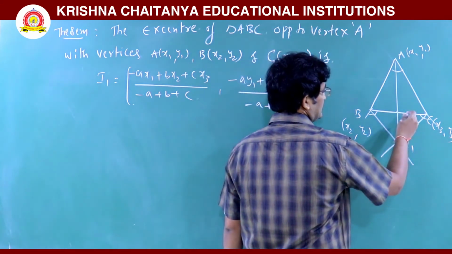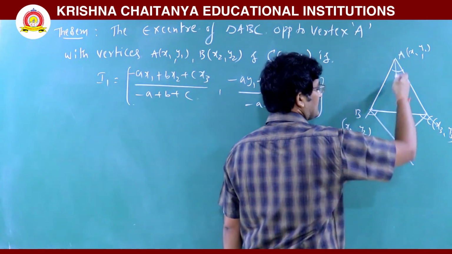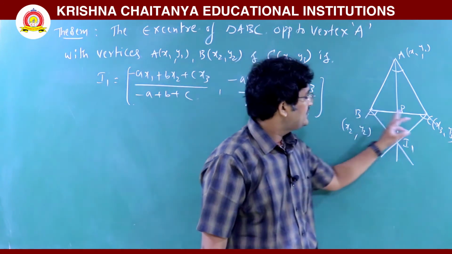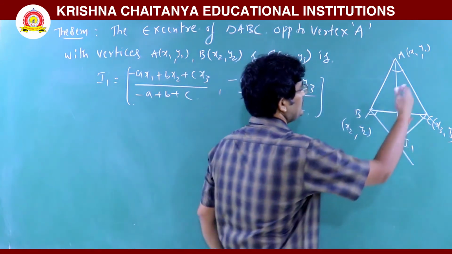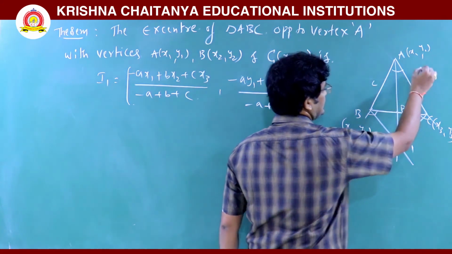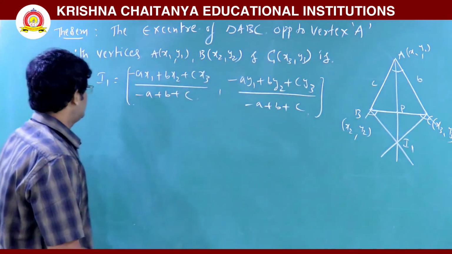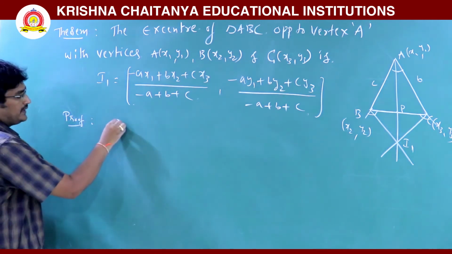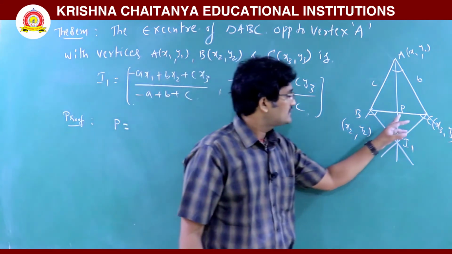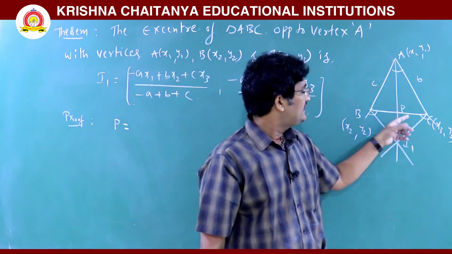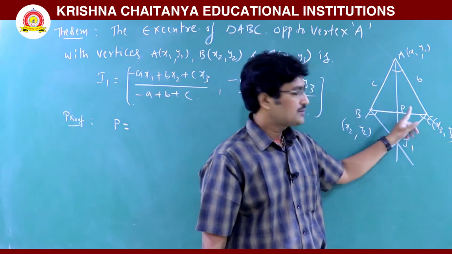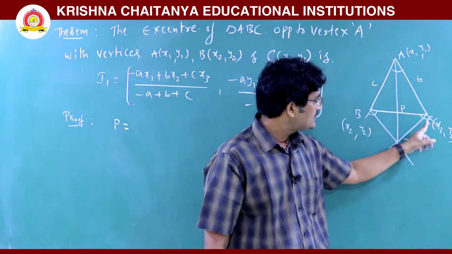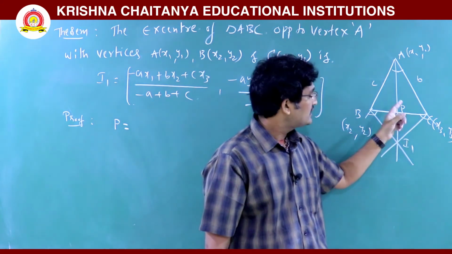So how to find this one? First we have to find this point. Internal angular bisector of A meets BC bar at some P. We take that P divides BC bar in the ratio AB is to AC, this length is c, this length is b. Then what are the coordinates of P? From the figure I can write directly here. That P divides the BC bar in the ratio c is to b. So that P divides the line joining this point and this point in the ratio c is to b.